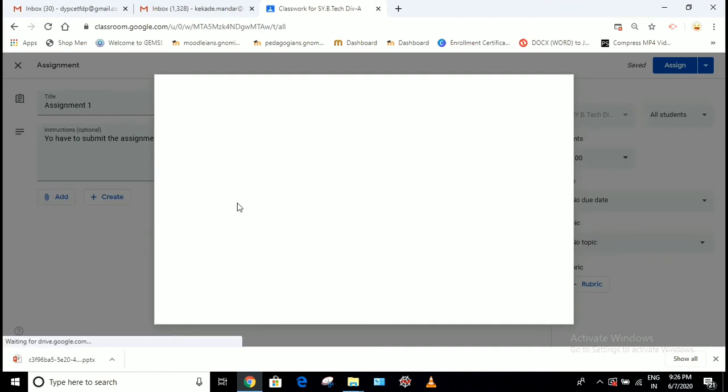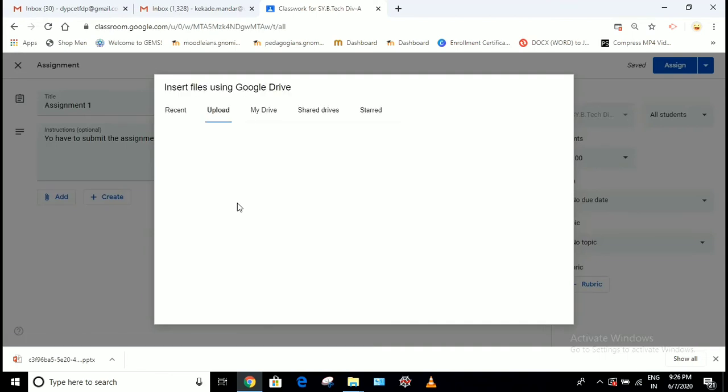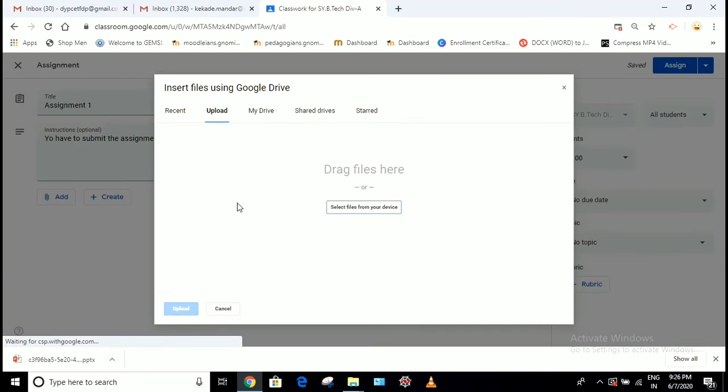Once you click on the File button, it will redirect you to upload the file from the local system. So you just have to select the file that you want to upload onto the assignment.